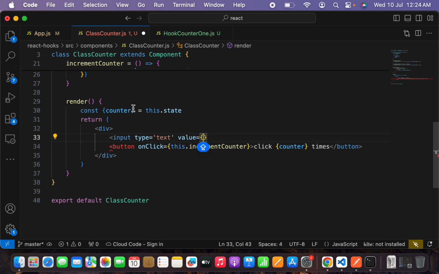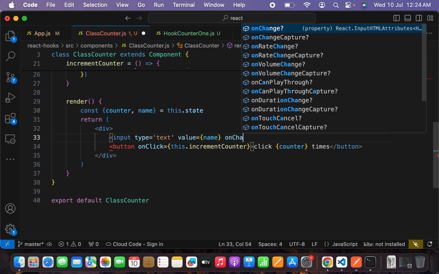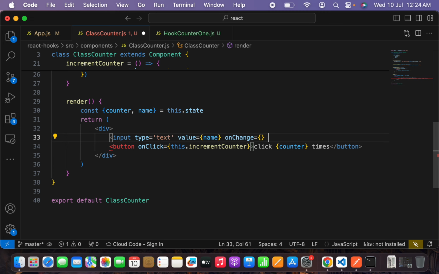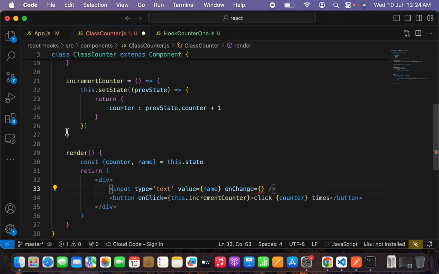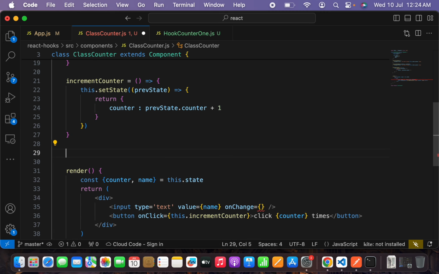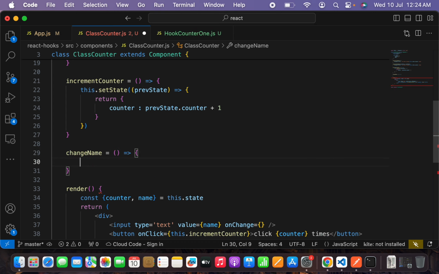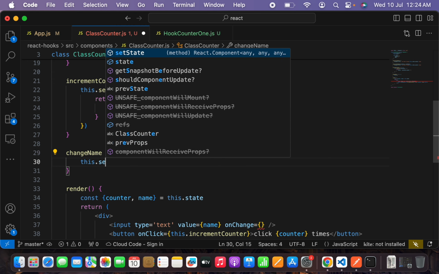I will just destructure the name here, and put it here, and say onChange, I have to create some method. For example, I'll say here the changeName method